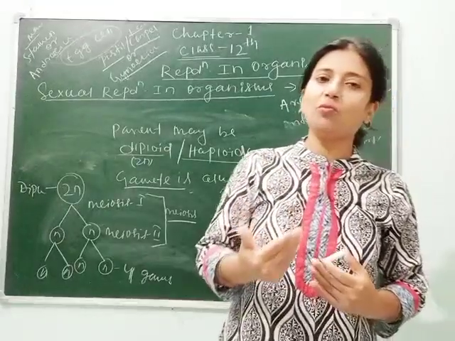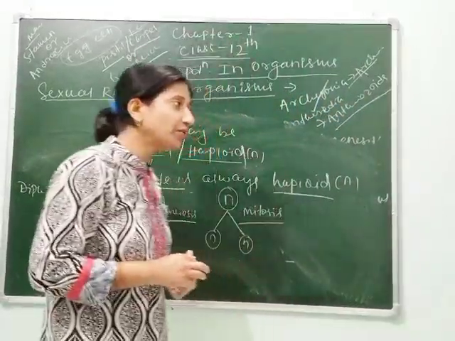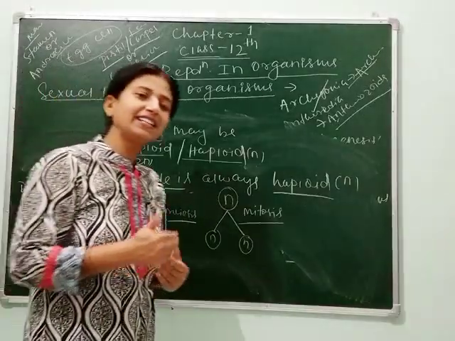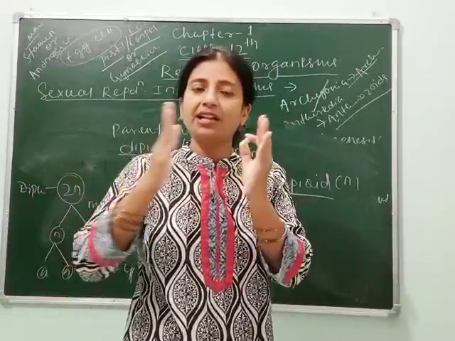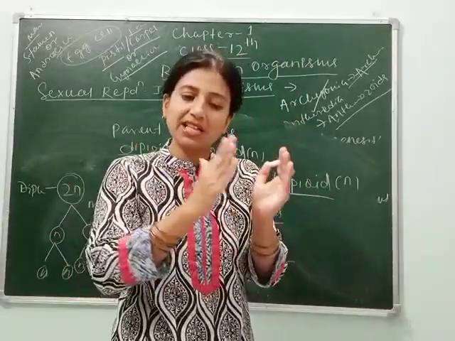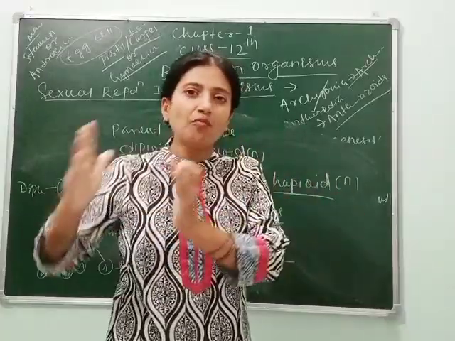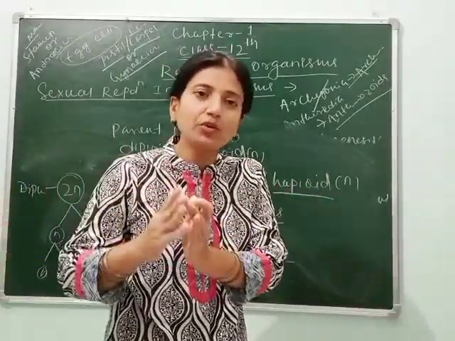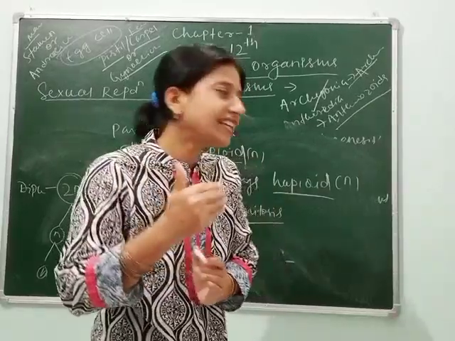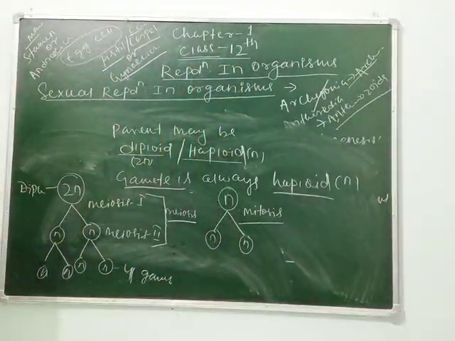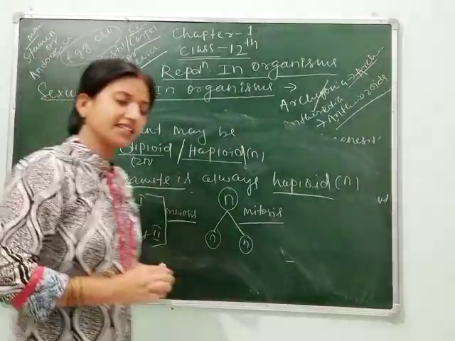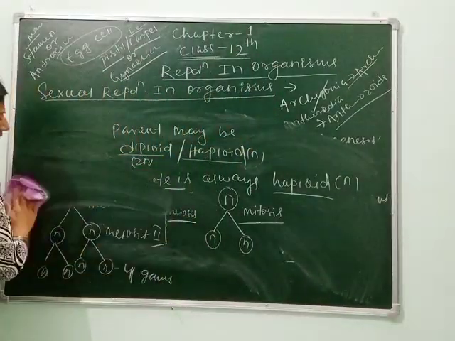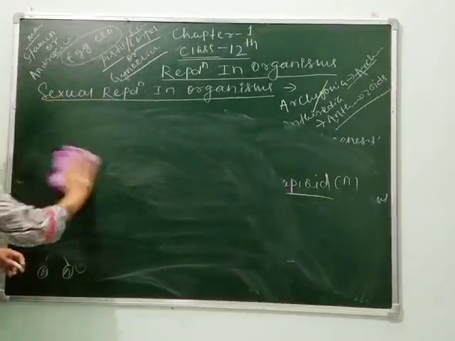Let's see what the chromosome numbers are in different organisms. As we know, if the parent has a diploid number of chromosomes and produces haploid gametes, then a transfer of chromosomes occurs, meaning half the chromosomes from the parent move towards the gametes during gamete formation or cell division. So let's see how many chromosomes are present in different organisms. As we know, human beings contain 46 chromosomes. Clear? So here we can see how many chromosomes are contained by different organisms.